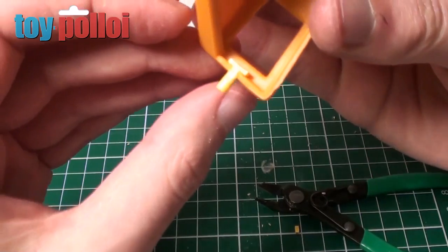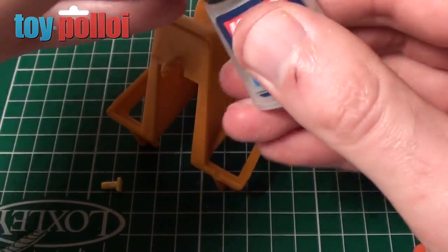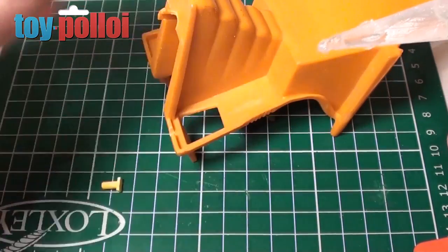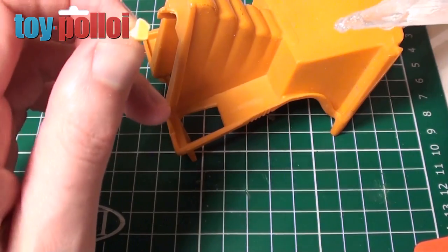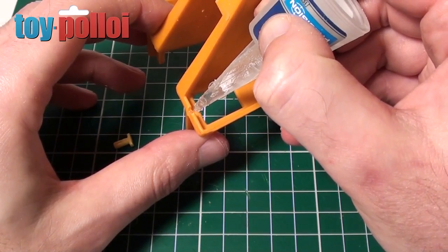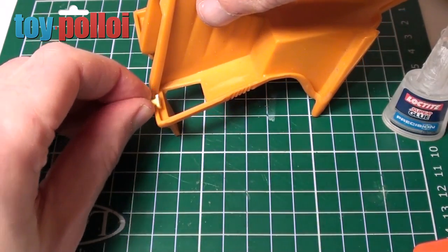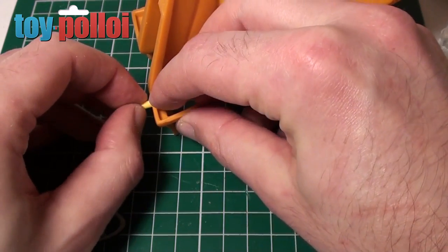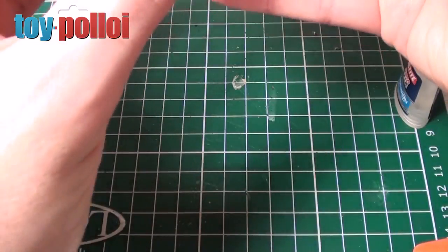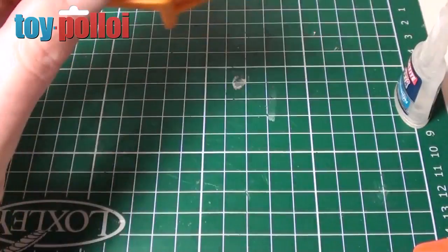So yeah, let's go ahead and glue that in and we'll see if the chair mechanism now works. For gluing this in, I'm just going to use a little bit of super glue. I find this works perfectly well. These are two different types of plastic. This is quite a hard plastic, and the Lego is made out of a softer, more vinyl-like plastic. So I'm just going to drop a little drop in there and a little bit along the top edge. And then I should be able to just slot this in like so. Of course it's quite a tight fit already, so just slot that in and we'll let that glue go off. But already you can see that there's quite a nice little peg shape there, which should hopefully...